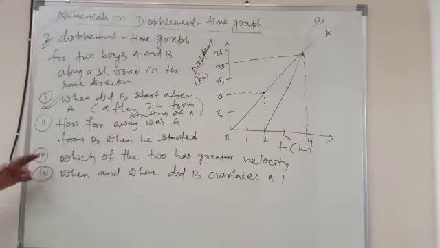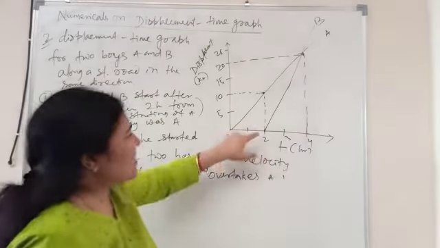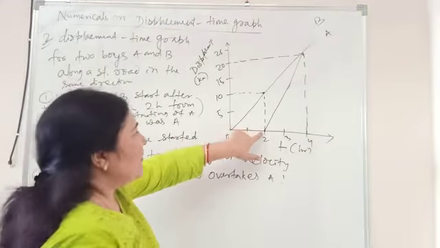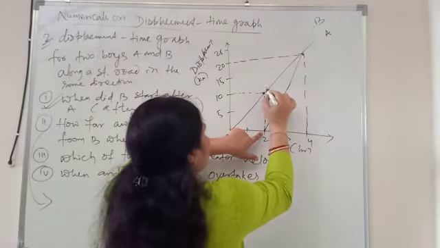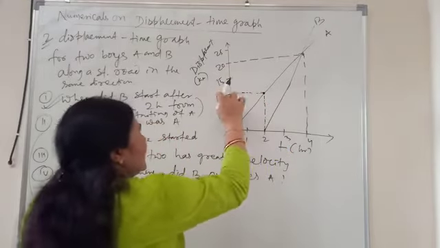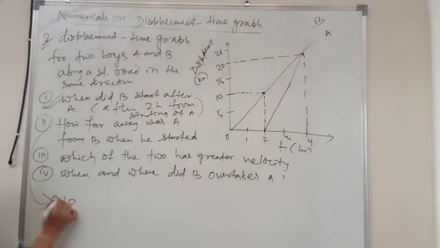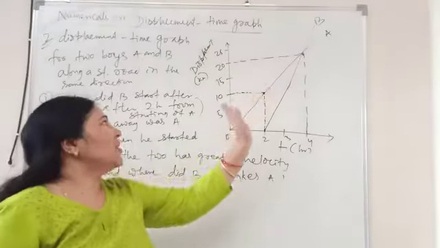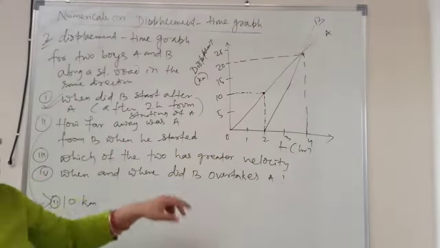Okay. Now how far away was A from B when he started? Now the second part of the question. Now look at when B started. B started at this point, and when B started, you just take what was the position of A? A is over here. And at that time, what was the distance actually? Look at the displacement axis. If you look at it, it is 10 kilometers. So the answer for the second bit is 10 kilometers. So that means when B started, A had already covered 10 kilometers.